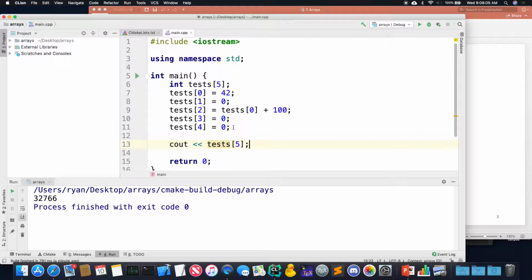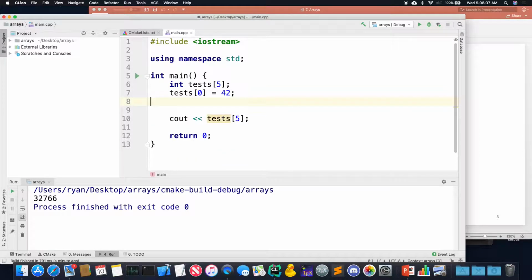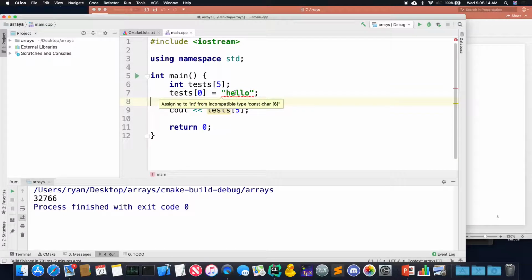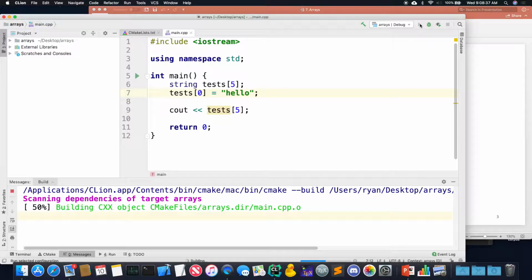Yeah, since I declared the type of the array to be int, I can't, for example, say hello here because I'm assigning a string to an integer. Each of the array elements is an integer, so I can't do the setting like that. But if I did string instead, then that would work just fine. So I can have this be of any type that I like. If I made an ASU student class, then I can make ASU student here. It works exactly the same. I wonder what happens in this case.